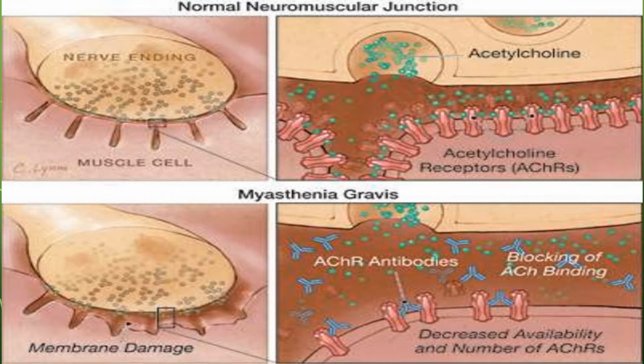So on the top over here we have the nerve, and then over here on the bottom we have the muscle fibers. And just to orient ourselves, this is acetylcholine over here. And these projections are called the nicotinic acetylcholine receptors, and that's basically where the acetylcholine is going to bind. If you notice the top right image, there are so many of these nicotinic acetylcholine receptors as compared to the bottom. It's very scarce. There are only a few. And you can notice that there are antibodies attached to these. So not only are there only a few, they're already bound with something else. But anyway, so the normal